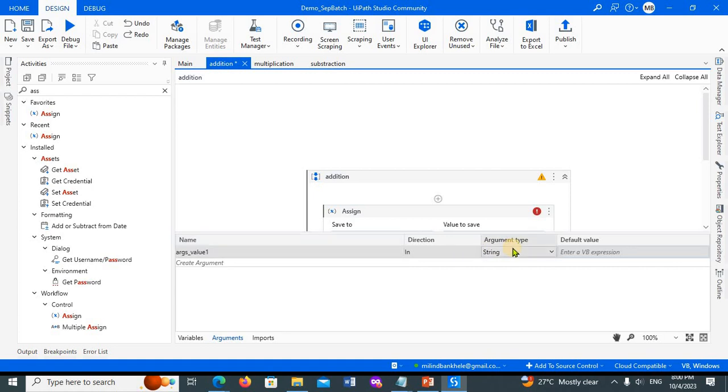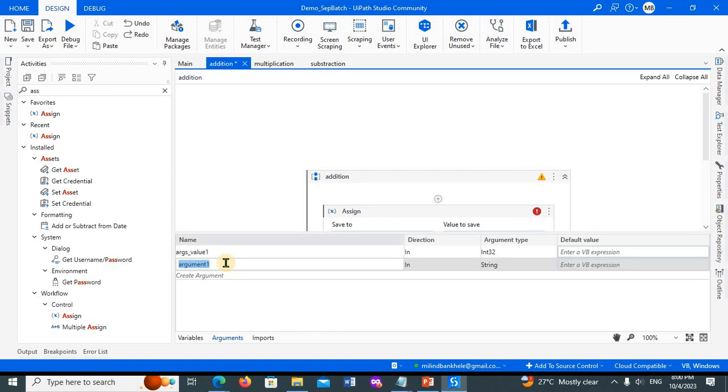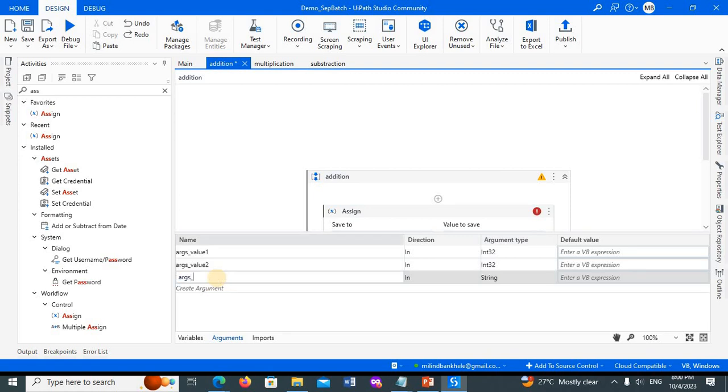And what is the argument type here? Integer. Similar way, again I'll create one more argument, and here I'll use value 2. Here also it's an integer, so it's integer 32,